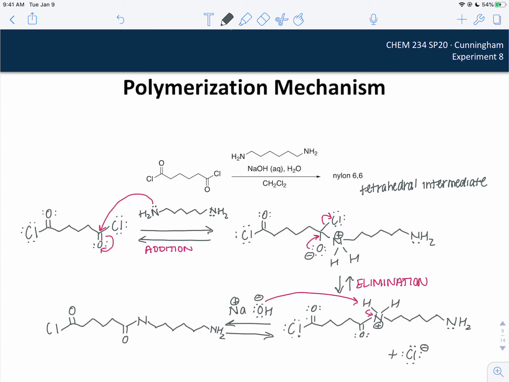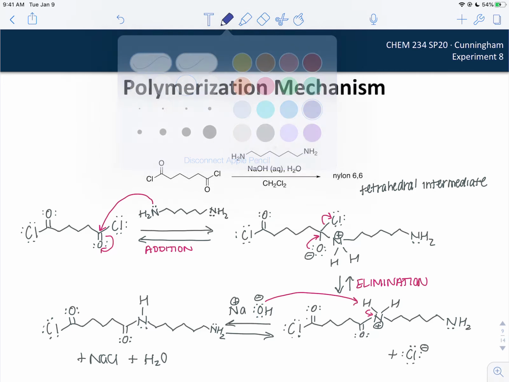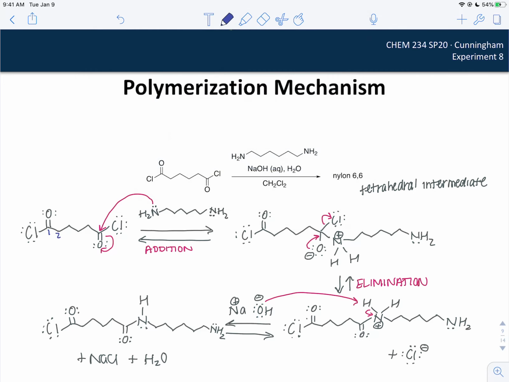And so one thing that might be a good idea for us to do is to keep track of those carbons, where they came from. You can go back and number the carbons of your starting materials. One thing you might notice is that we use sodium hydroxide here as our base and not chloride, since it's a stronger base. But we can go back and number our starting materials if we want to,